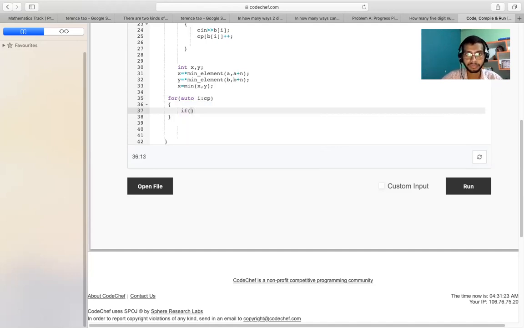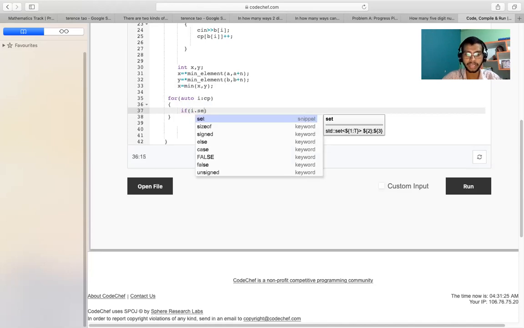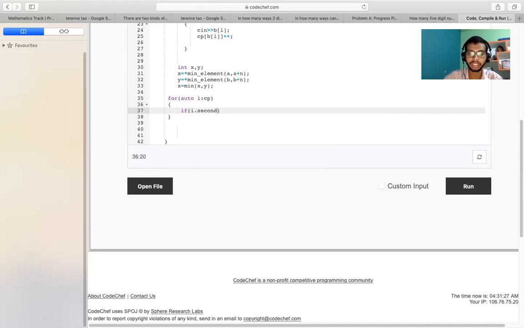If i dot second, which returns the value, percent 2 is equal to 1, then I'll make a variable count initialized to 0, and then count plus plus.